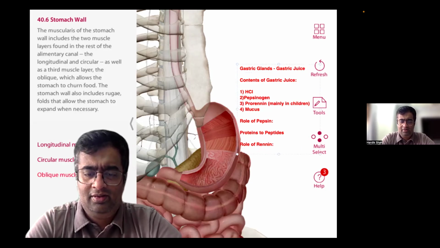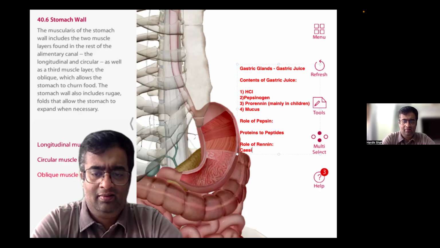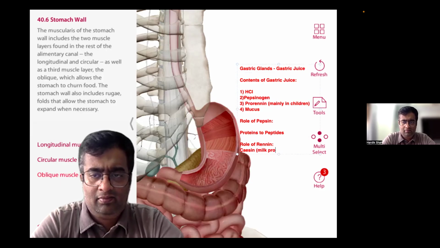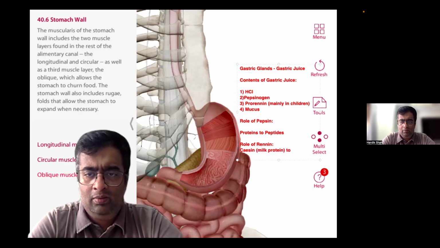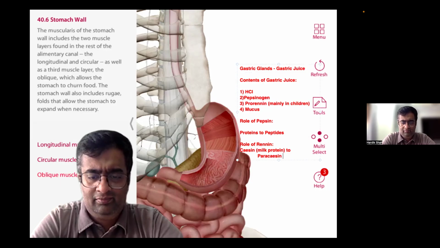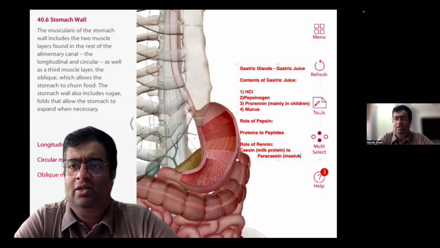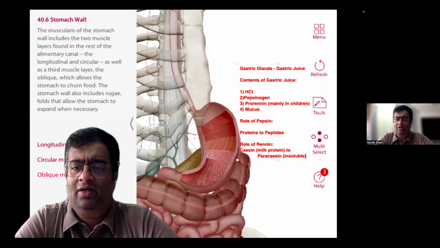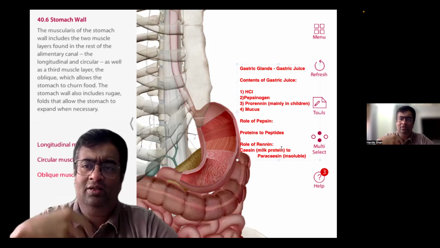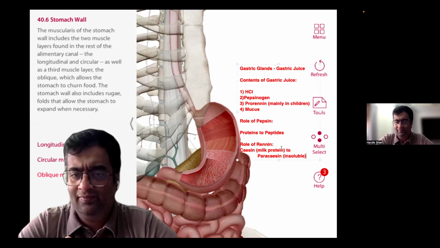So, renin converts milk protein casein to paracasein, which is insoluble. So, casein is a soluble milk protein, and it is converted to paracasein by the action of renin. Now, the food is thoroughly churned inside the stomach, and after about 2 to 3 hours, it is converted